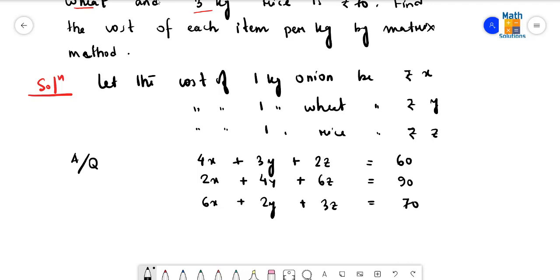So this is the arrangement. We got this kind of arrangement here. After this, I'm going to write all this in AX is equal to B form, such that